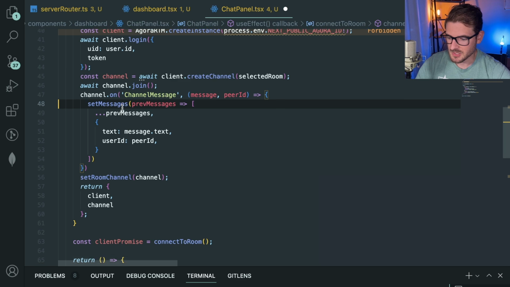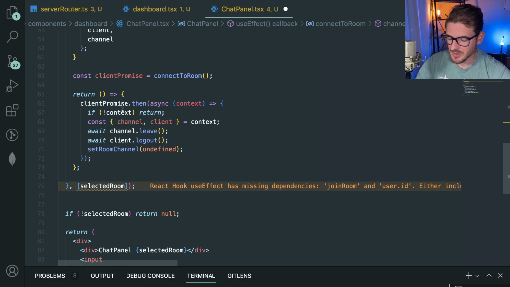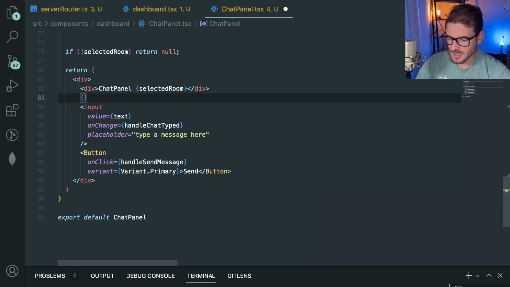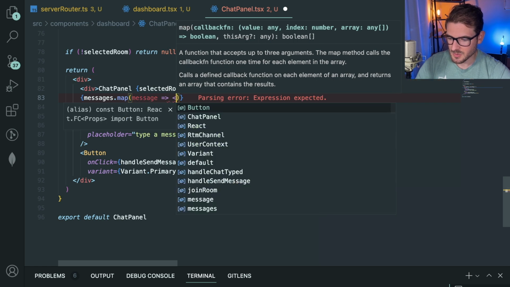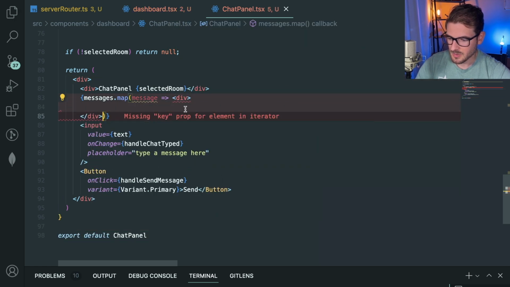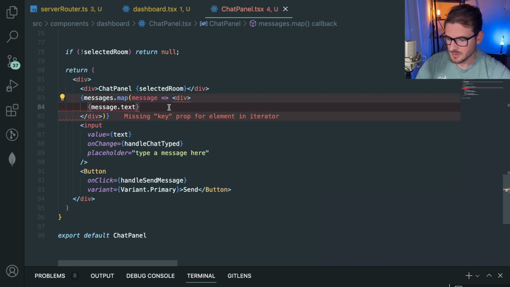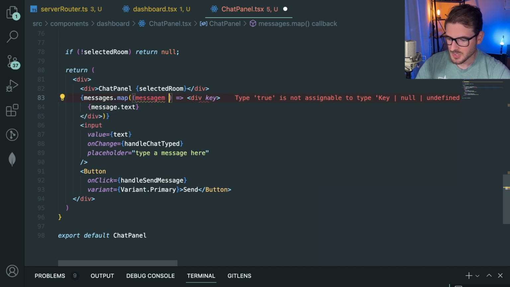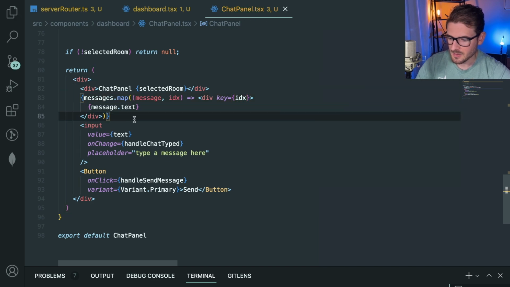We just need to display those messages too. So hopefully we can do that down here somewhere, where we render out the input, probably above it. We could just say messages.map, and I'll do the message, and for every message, we're gonna render out a div like so. And for right now, I'll say message.text. This probably also needs a key, which in our case, I'm just going to do the index. Probably not the best, but we don't have a unique identifier for the message that came in. So if I do that, hopefully,